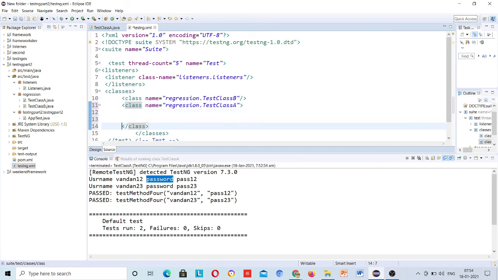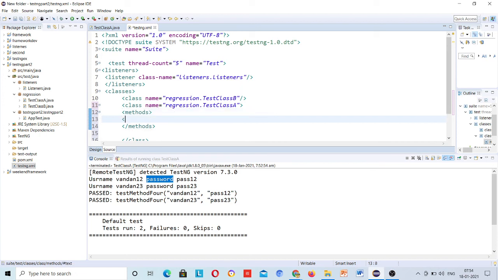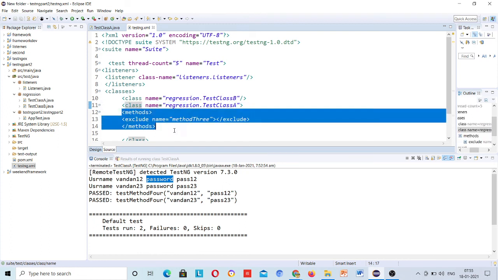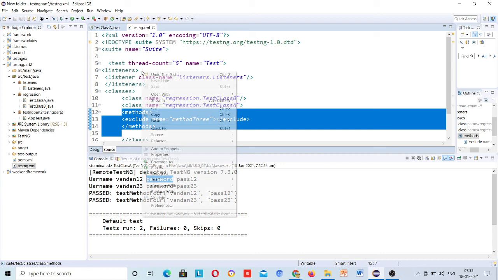Okay, and here type methods, exclude, name is equal to this method 3. Now this method 3 will not be part of your test result, because inside test class A you have removed this method from running. Okay, so just go and run this one.